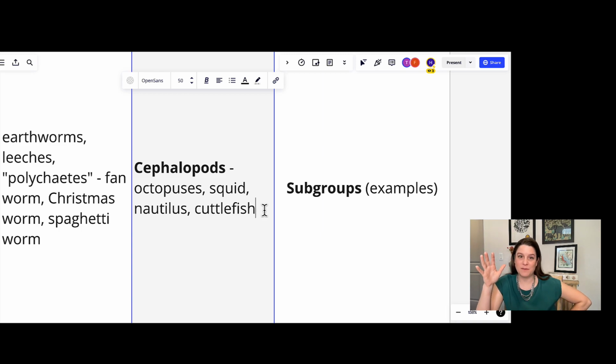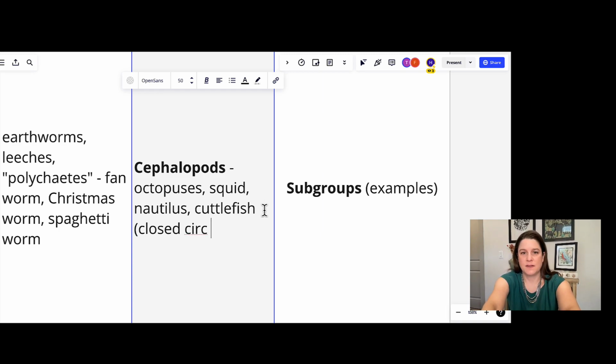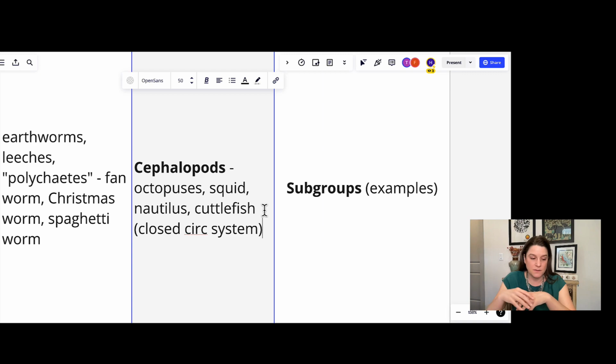So cuttlefish and octopuses, squid to some degree, but they're all very well adapted to being predators, all of them. They're relatively fast. These guys have closed circulatory systems. I'll put that in the other table, but we'll write it here because it's quite unusual. Most of these groups have open circulatory systems. The other mollusks do, but it makes sense to have a closed circulatory system with cephalopods that really facilitates their predatory lifestyle because it can be more efficient at getting oxygen and gas around and food around, which allows them